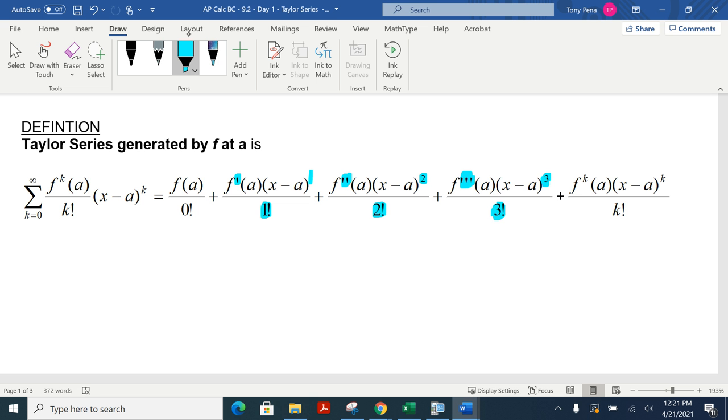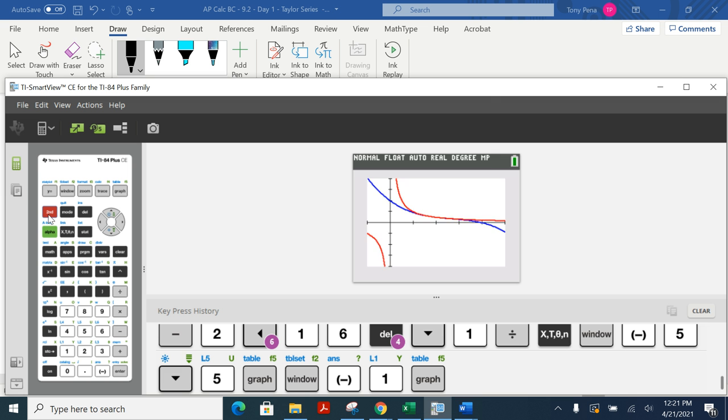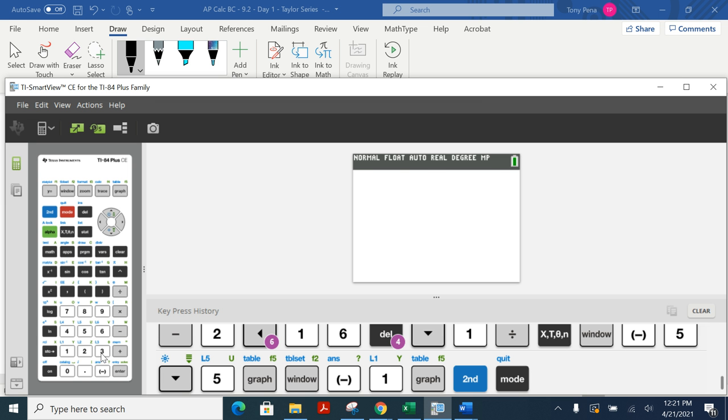This is zero derivatives here because this is your functional value. I didn't write it, but this is really x minus a to the 0 power. So it's the 0 power, a zero derivative because it's your functional value, and then it's a 0 factorial. All right. And we all know that 0 factorial, and the calculator never lies with us. So if I do a 0 factorial,